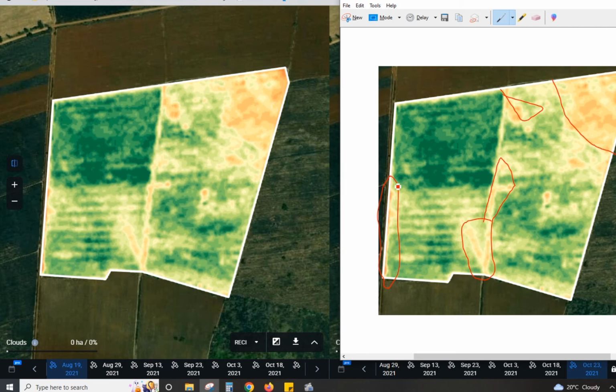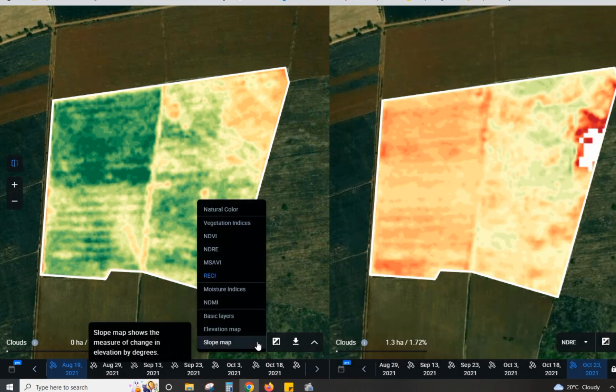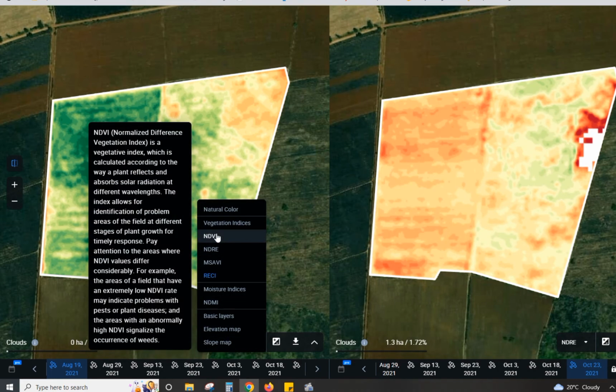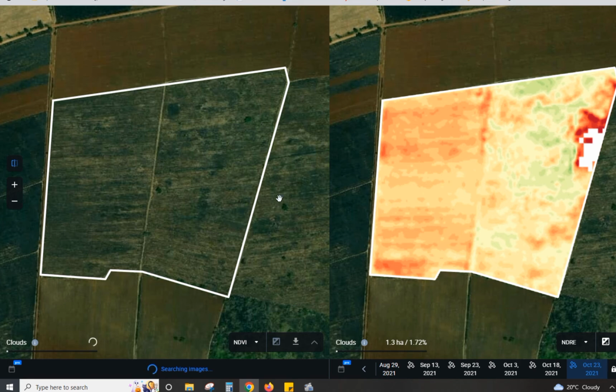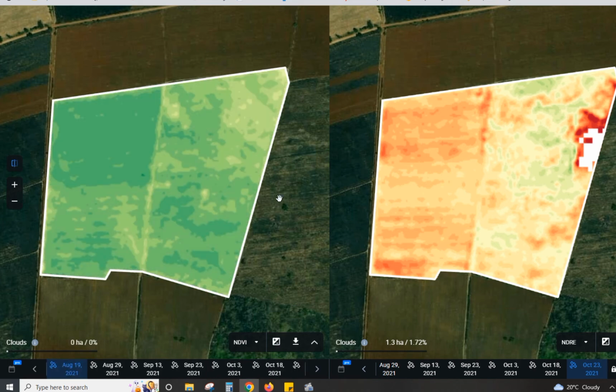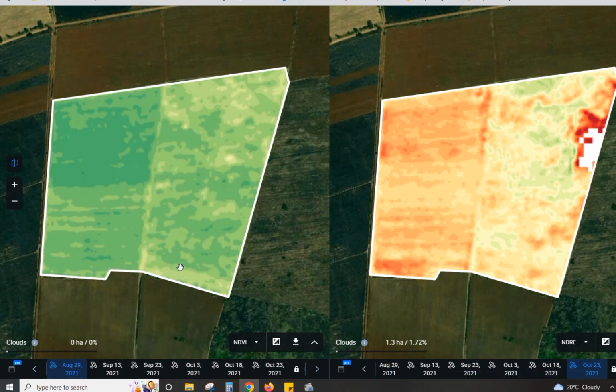So what this farmer needs to do to increase the yields, he has to visit the field. And when we look at that area, then we come and look again at how the vegetation is. We still get the same picture. August 29th, you see these areas,